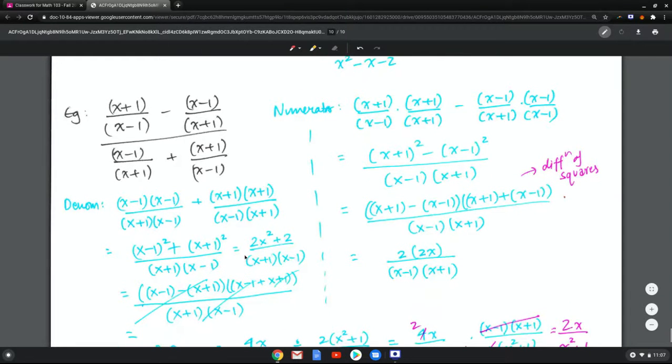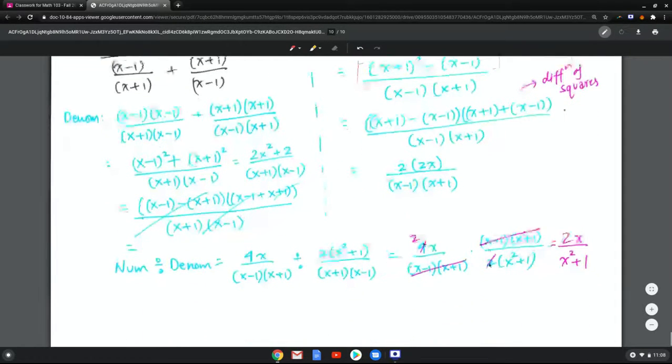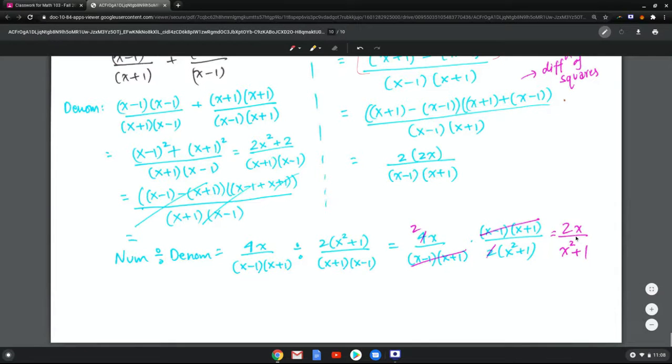Over here, when you do this particular problem, with the numerator right here, you don't have to FOIL. This is an important trick. If you FOIL, you still get the same answer, but it's going to be lengthier. You can just use the difference of squares, and you get your cancellations,